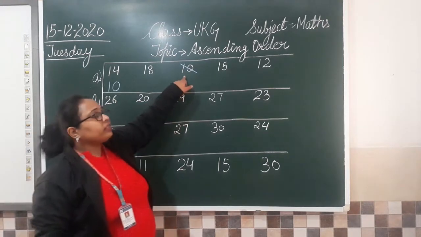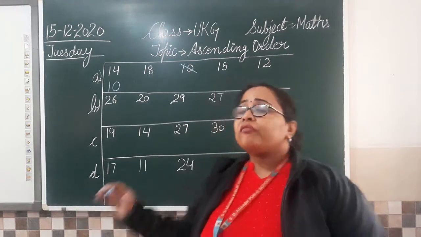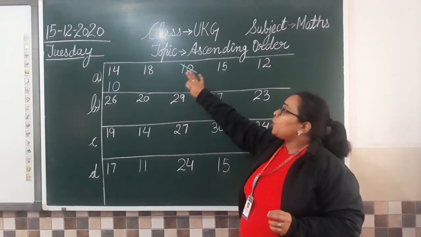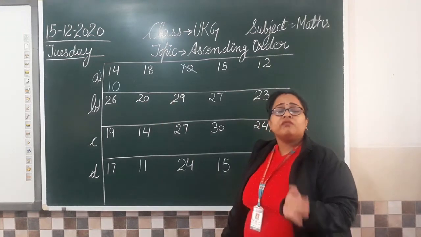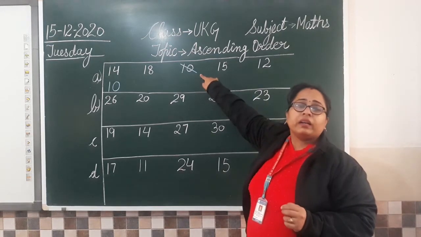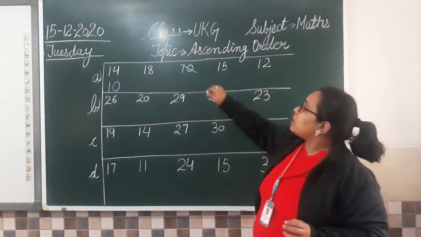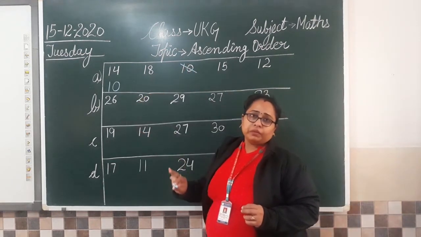Now why have I cut the number? Can anyone tell me the reason? I told you why I have cut this number from here. Because we have already copied it. So to avoid any confusion, so that we don't consider it again, we cut the number. This is the mark to tell that we have already copied the number.